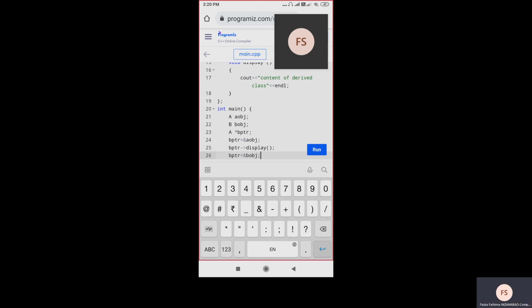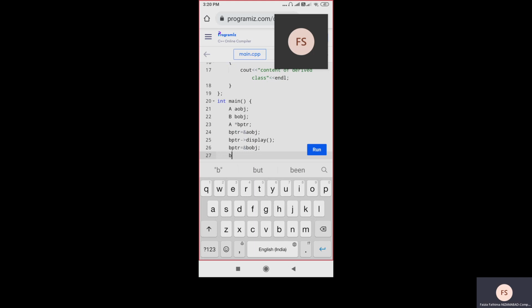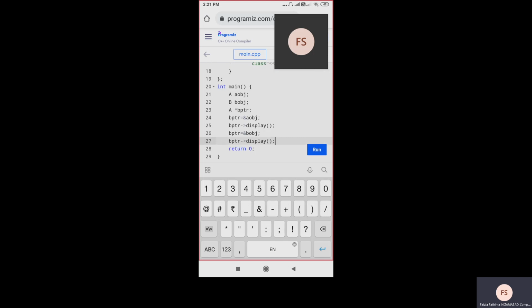After this, BPTR will print the display. Whatever display is there, BPTR points to display, which means it will display the content of the derived class because it is holding the derived class B object. Okay, here I am taking a semicolon. Okay, return 0. Now I am going to run this one.